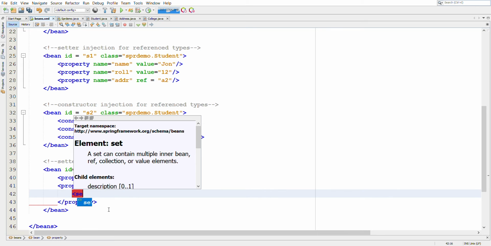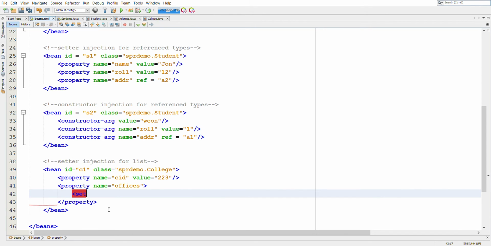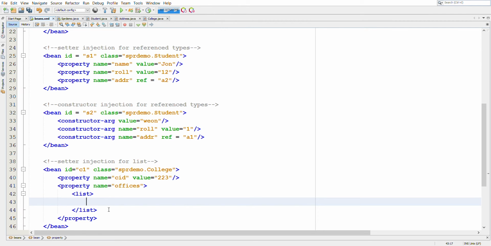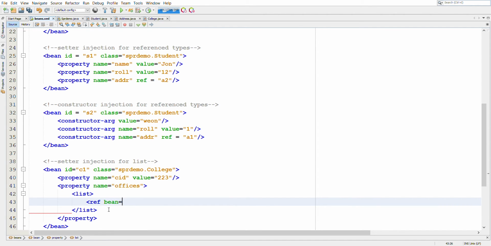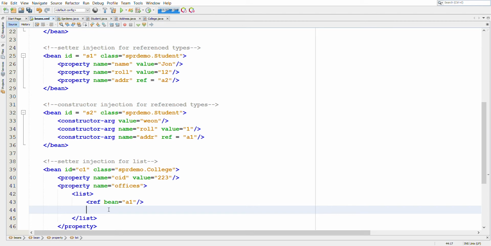If you are using a set like a sorted set or a hash set or a tree set, then you can use a set, but here we are using an array list, so we will use the list tag. Inside the list tag we will be using the ref tag, and the syntax is ref bean is equal to, so here we are passing an address. This is the first address of the list offices.